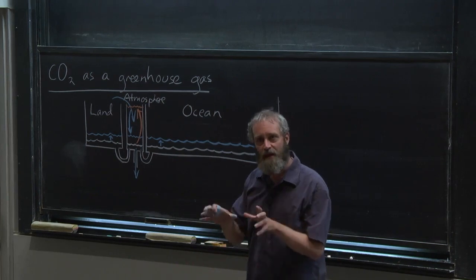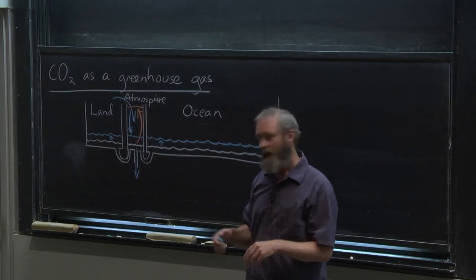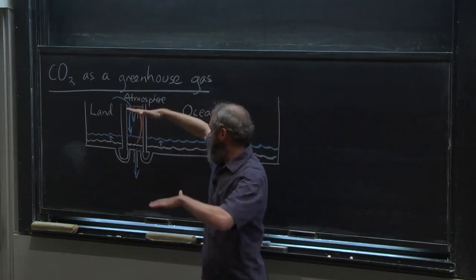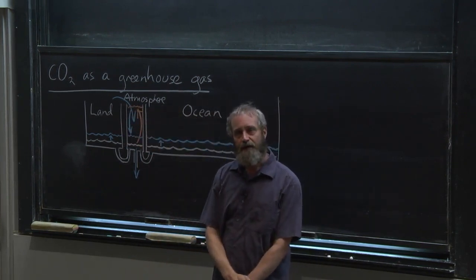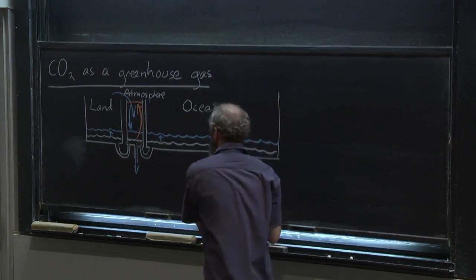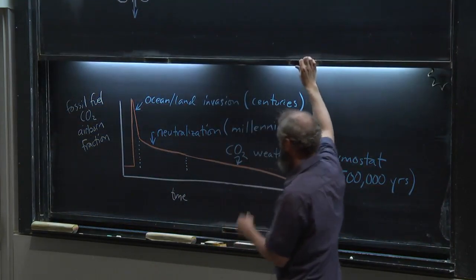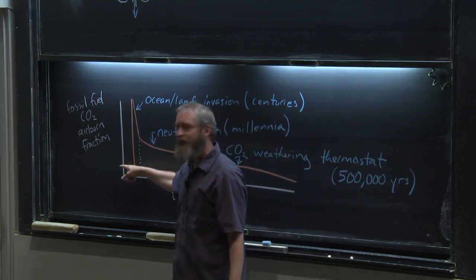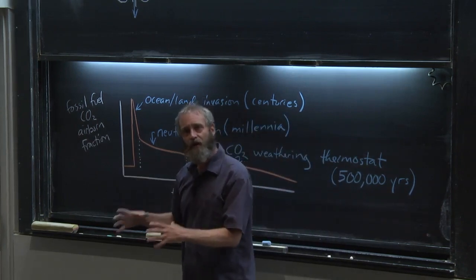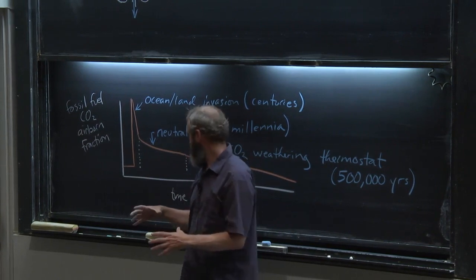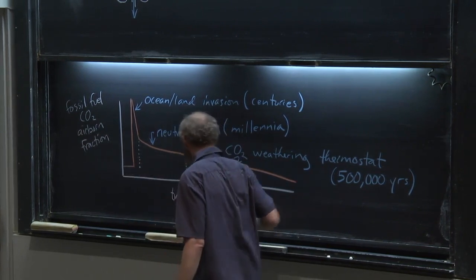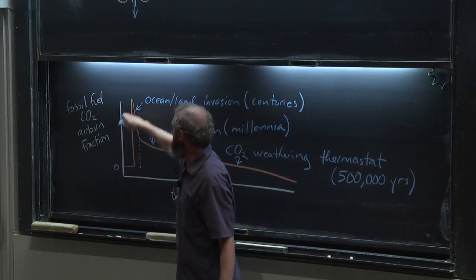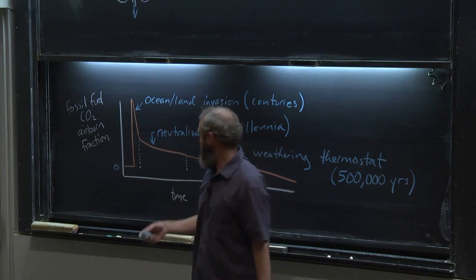So there's different stages to the response to a CO2 addition here. First, it spreads out, and then the whole thing sort of relaxes back to an equilibrium. So if we look at the airborne fraction of a slug of carbon that's added to the atmosphere, it starts out at 0, and then we'll call this the fossil fuel era when the CO2 is rising. And